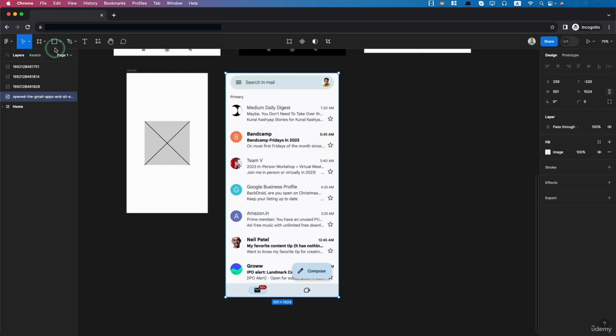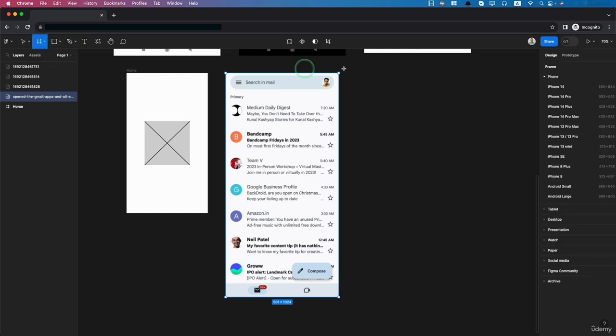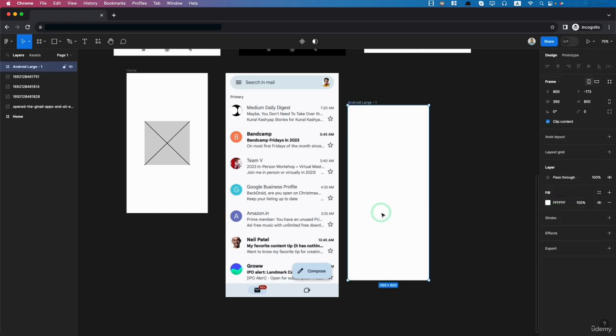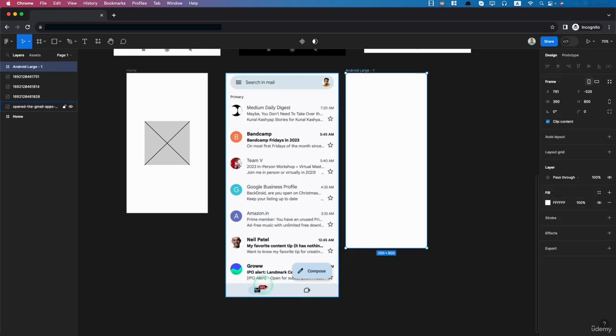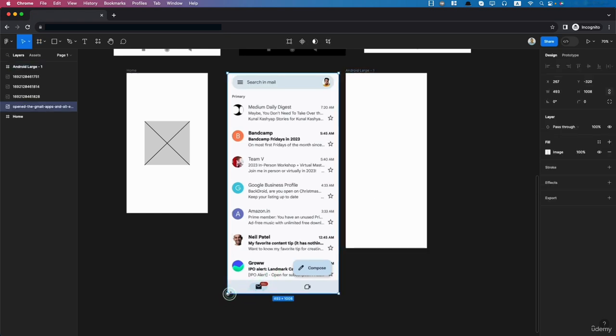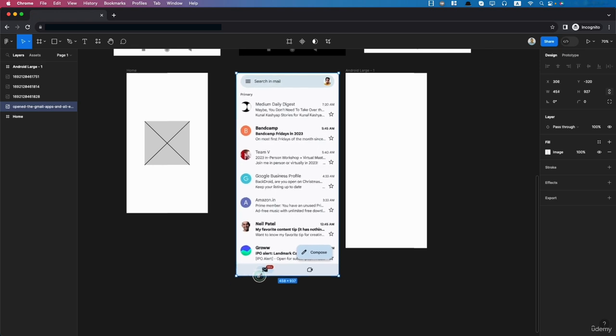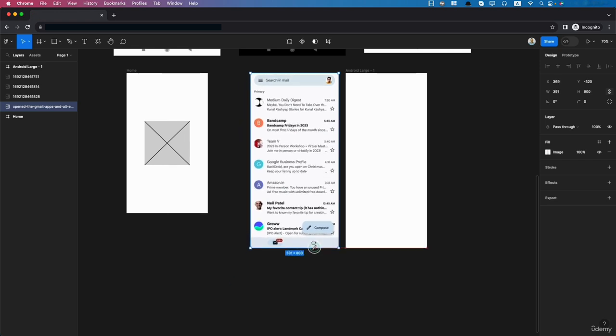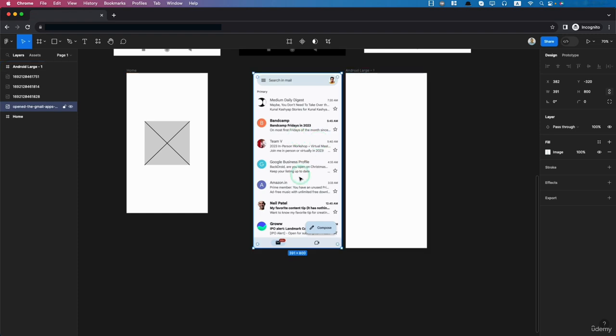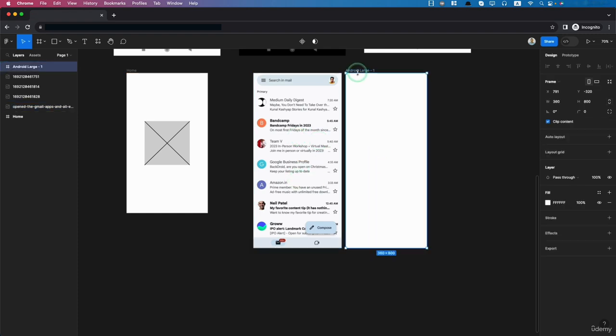Now I will create the frame. Just click here. Now I will select the Android large size and here it is. Then I will decrease the size of this Gmail interface. Just click on the corner and press shift, then you can reduce the size without affecting the design. Okay, and now I will rename this frame to